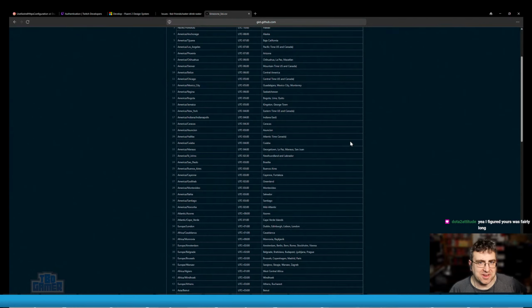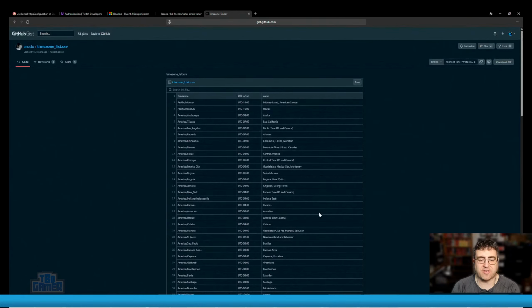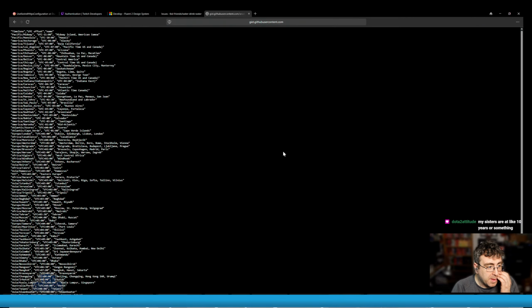So maybe that's a little bit. Okay, so this is more what I want. It's just friendlier. I just want the raw values. I don't need UTC minus because I've got to parse it. Unless I can treat that way. Can I do that with the time zone? So if I can take